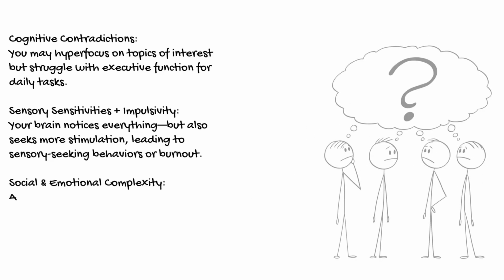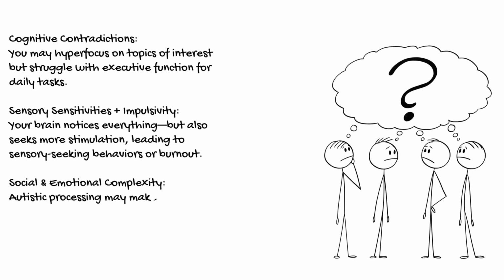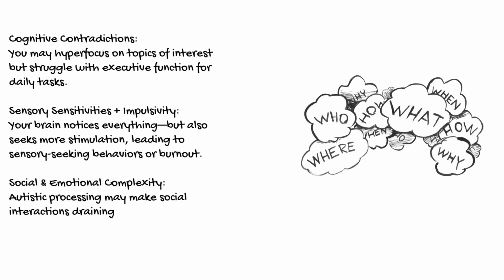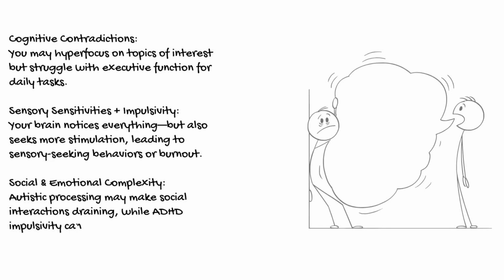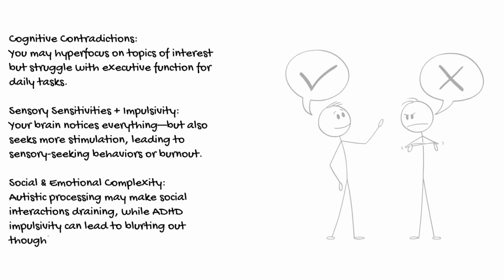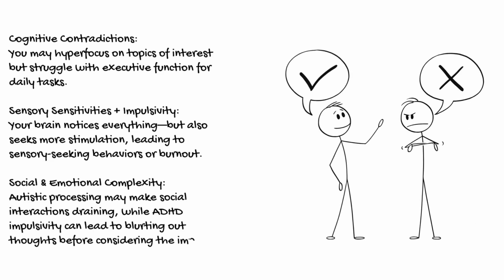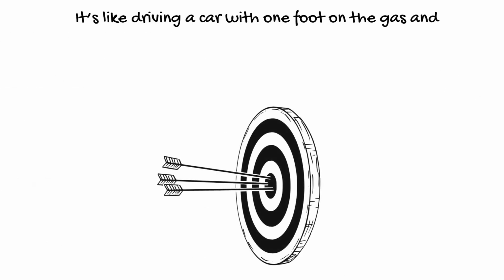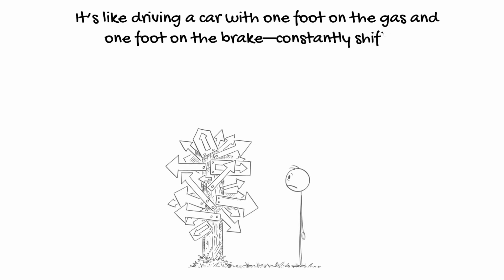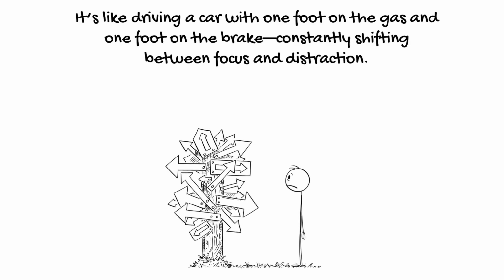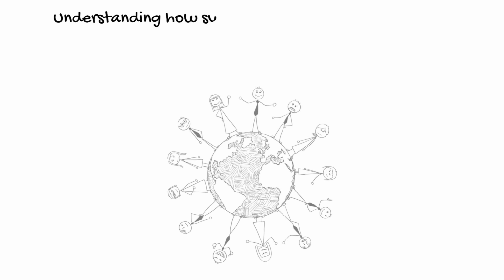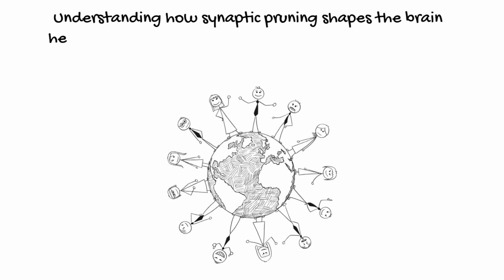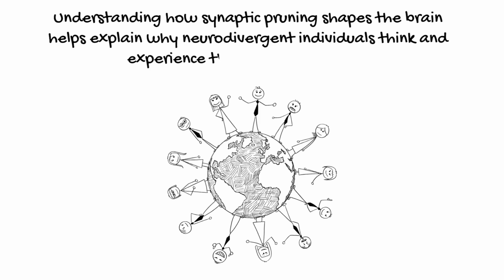Social and emotional complexity. Autistic processing may make social interactions draining, while ADHD impulsivity can lead to blurting out thoughts before considering the impact. It's like driving a car with one foot on the gas and one foot on the brake, constantly shifting between focus and distraction. Understanding how synaptic pruning shapes the brain helps explain why neurodivergent individuals think and experience the world